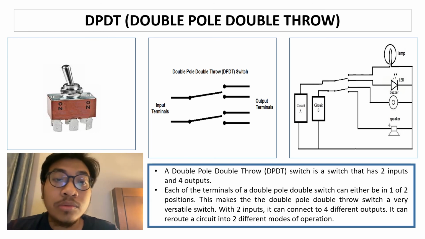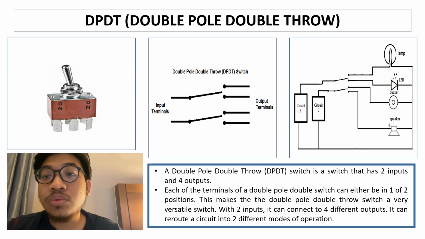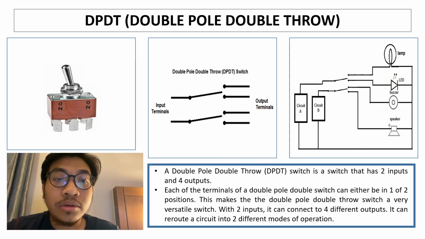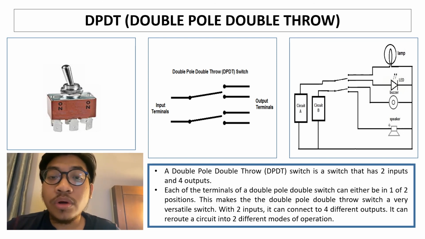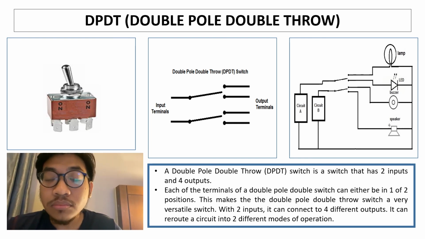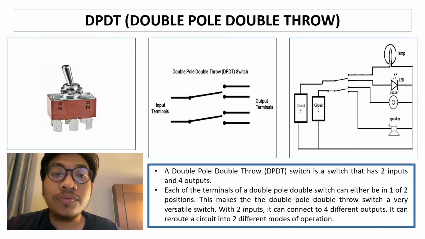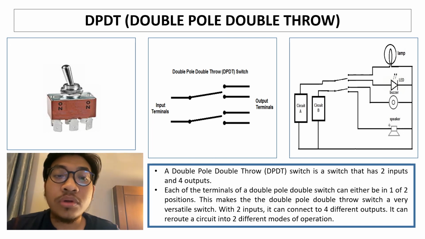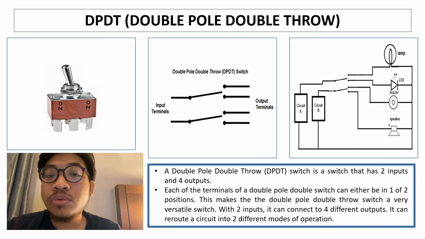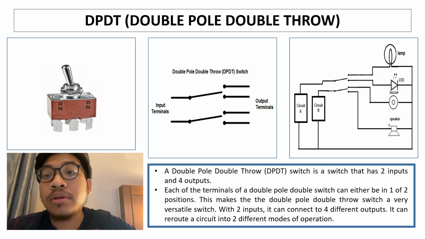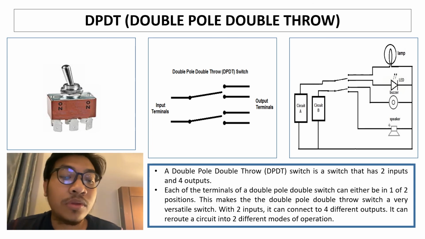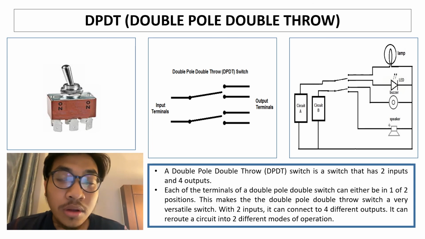Okay, double pole double throw switch is a switch that has 2 inputs and 4 outputs. Each of the spindles of double pole double throw switch can either be in 1 or 2 positions. This makes the double pole double throw switch a very versatile switch. With 2 inputs, it can connect to 4 different outputs. It also can reroute a circuit into 2 different modes of operation. We can see the circuit diagram up there. So double pole double throw